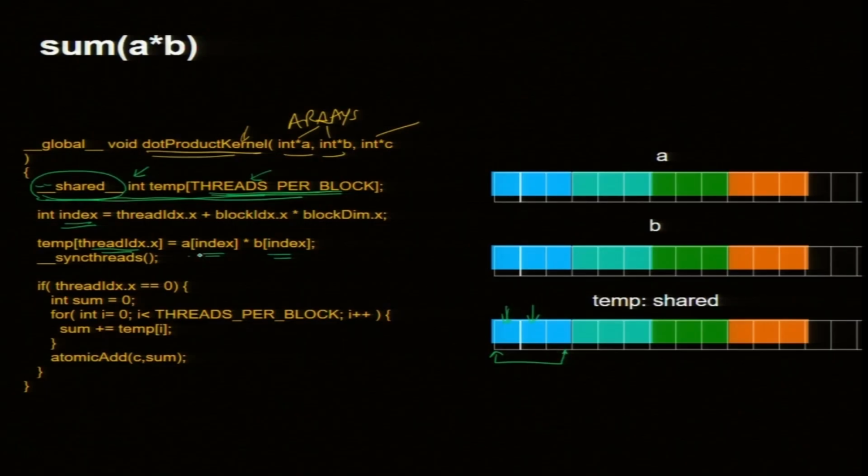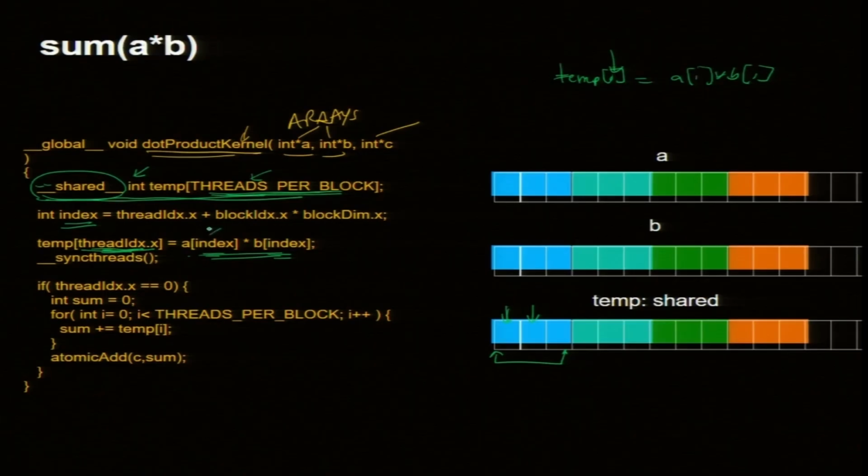So, I am putting A star B, so it is a global array values I am multiplying and putting in temp. So, it is C I equal to, or temp I equal to A I star B I, but this temp, if I put I, then temp will be a global variable. We do not want that. I want to store locally. So, that is why I have thread index. Is that clear?